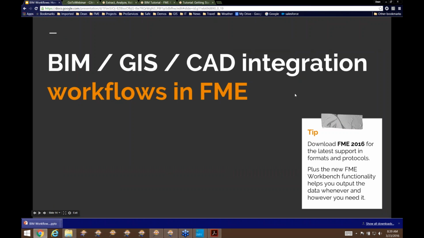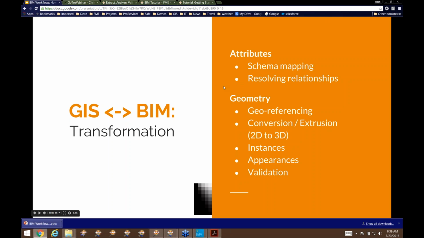All right, so I'm going to look at a bit more broad level in terms of how, once we've got GIS, we can use that to load BIM. So getting data into BIM and then out. We don't have tons of time. We've only got about 15 minutes or so to go through that, and then we'll have a bit of time for Q&A. But I thought I would highlight a few things that were just key aspects of moving data in